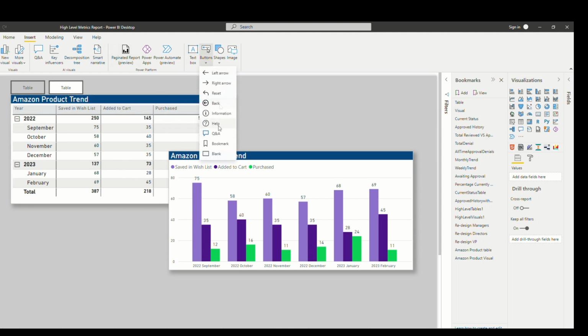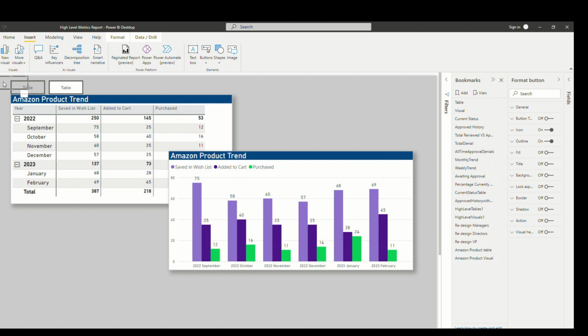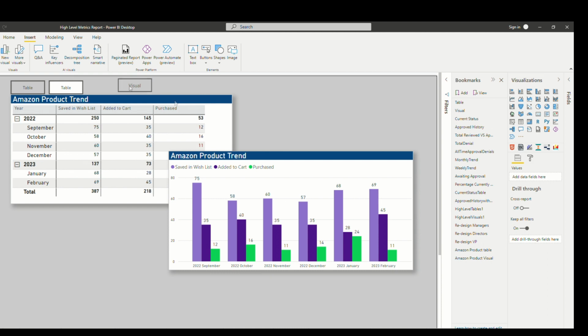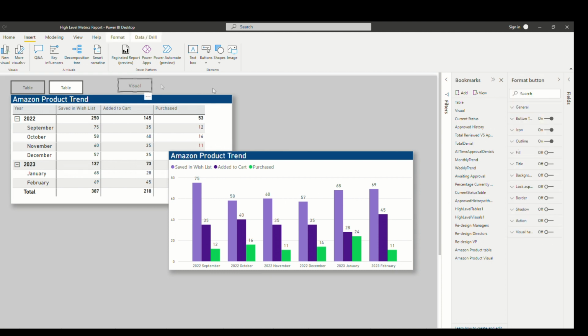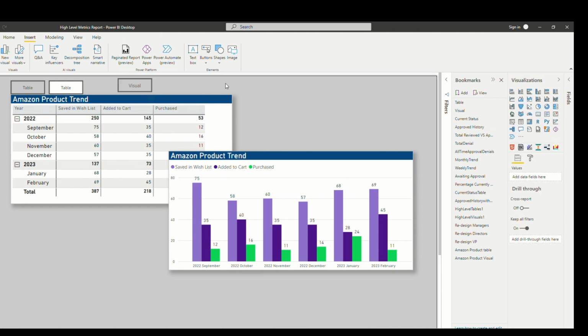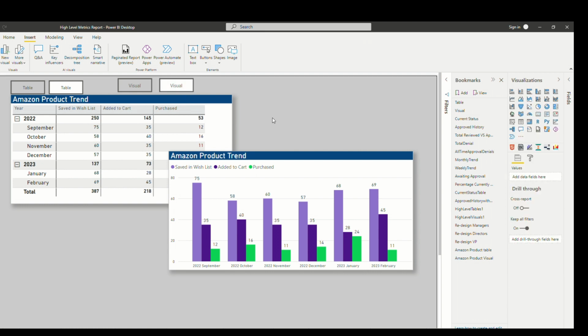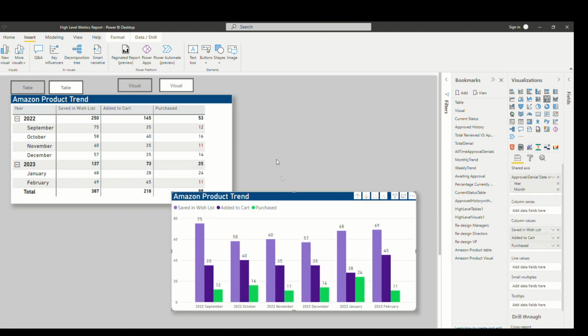Then let's create another button. I like to create all of them at once. We're going to do the text for that one, and call it Visual. Again, let's make a copy of it, and we're going to fill that one to be the white one. Okay, now that we have the buttons that we're going to work with,